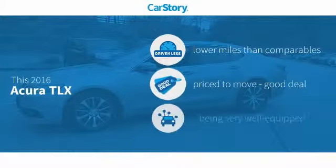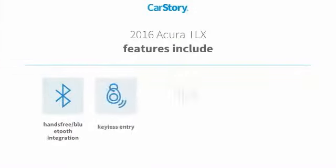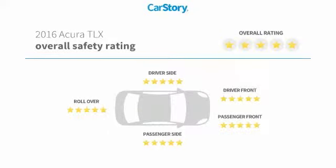Car Story research indicates this vehicle as having lower miles with less wear and tear, a good deal, and loaded with features. Features also include keyless entry, steering wheel controls, hands-free Bluetooth integration, MP3. With these ratings,